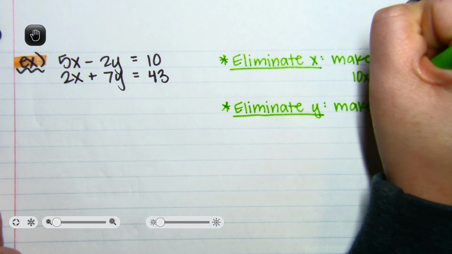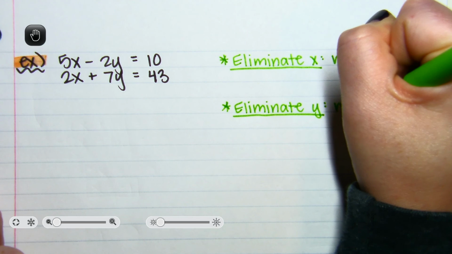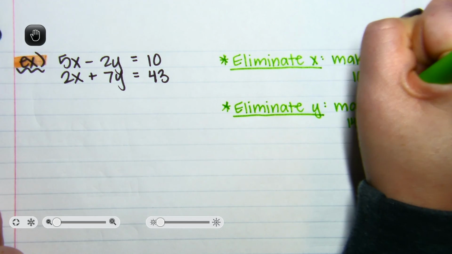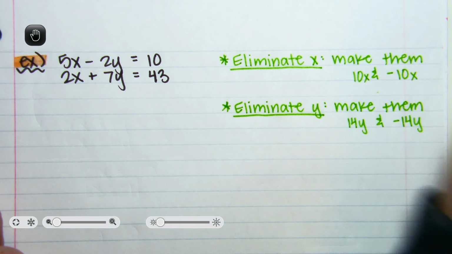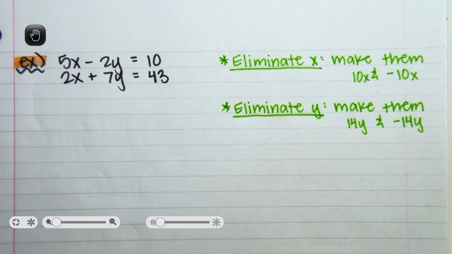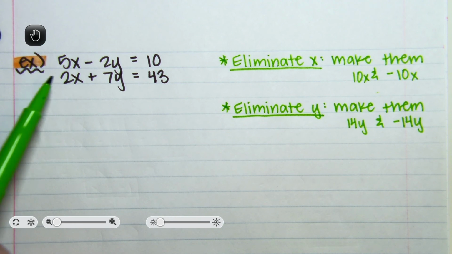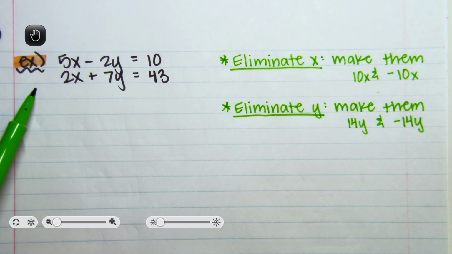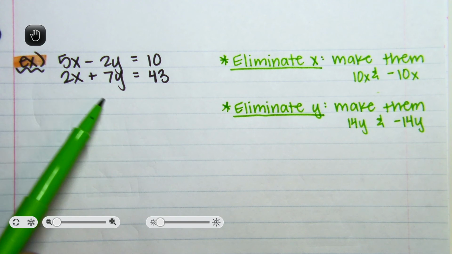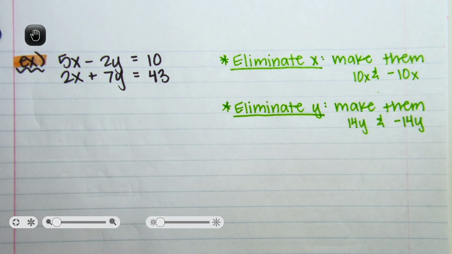So make them 14y and negative 14y. So now it's up to you which one you want to choose to eliminate. Now for me personally, to eliminate the x's, I have to multiply them by 2 and 5. To eliminate the y's, I have to multiply them by 2 and 7. Just out of sheer simplicity, I would pick the 2 and the 5 because the numbers are smaller, but it